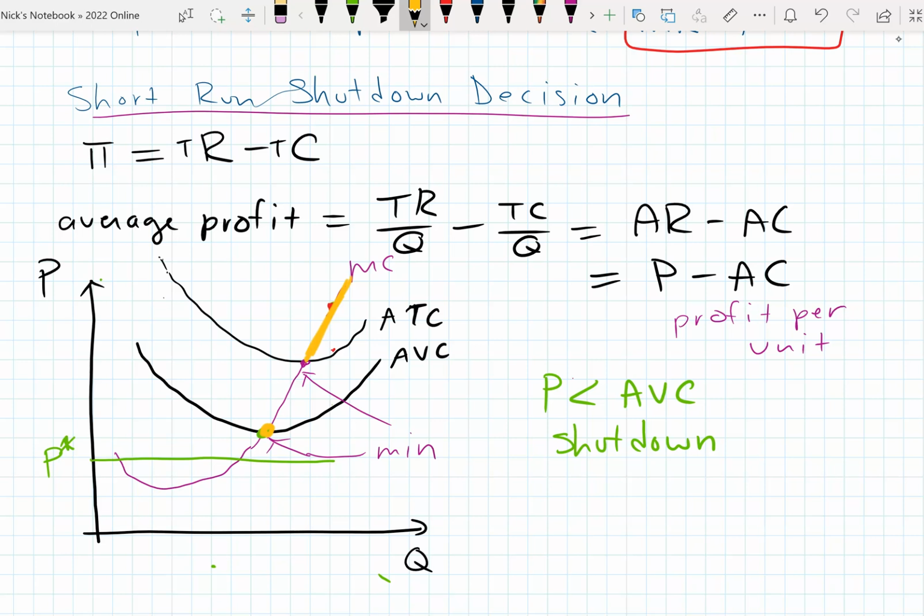We pay rent to rent a space, and we have a contract, so we can't change that in the short run. And then we have our variable cost. Our variable cost is like food, labor, and power. Okay, those are our variable costs. So when we go below this point, we're not covering our rent, but we're also not covering all our variable